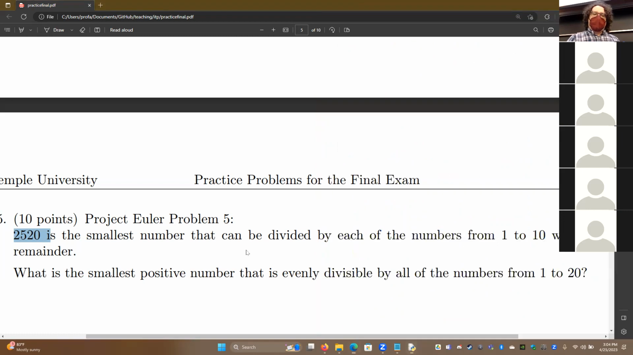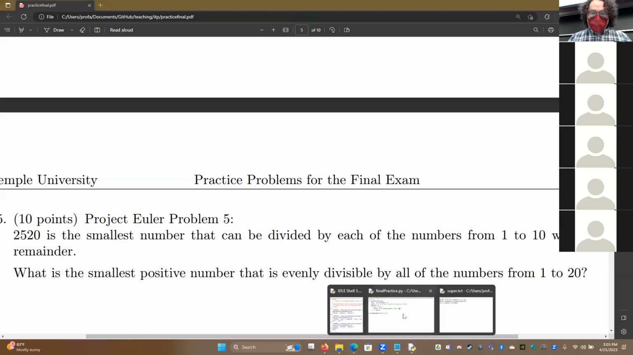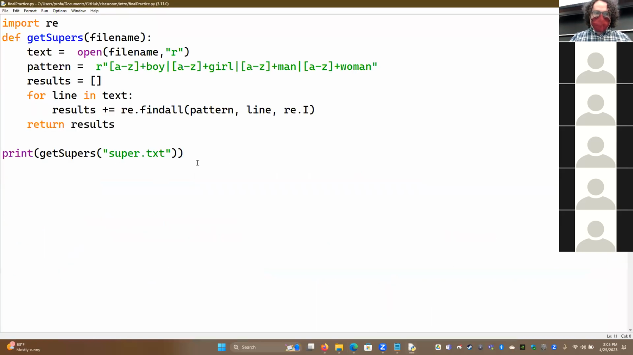So obviously the way to go about this is to just test all the numbers from 1 going up until we find the number. There's got to be a number that's divisible by all the numbers from 1 to 20. It just stands to reason, because 20 factorial will be divisible by all those numbers. So for this one, we can just go and search upwards. So let's go ahead and